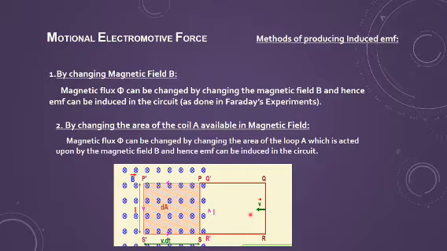I'm putting it inside the field and I'm moving the sliding part, so that on moving the sliding part you can change the area. L is the length taken. The magnetic field is shown by the equispaced crosses. Crosses mean the field is directed into the paper, perpendicular to it. I am moving the wire towards the left with velocity V. Then we want to find the direction of the force or the induced EMF.